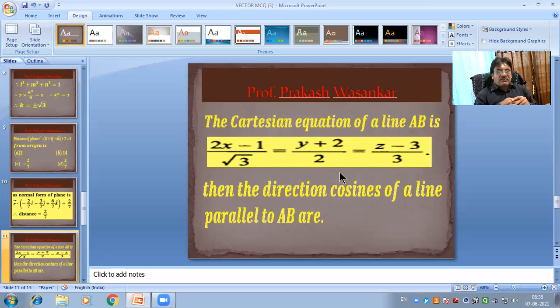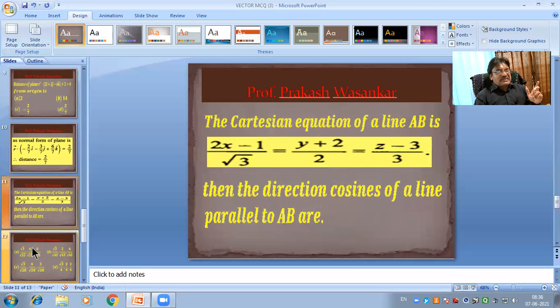Again, one of the most important multiple choice questions for JEE and Maharashtra State CET. We read the problem carefully. The Cartesian equation of line AB is (2x minus 1)/root 3 = (y plus 2)/2 = (z minus 3)/3. Then the direction cosines of a line parallel to AB are: